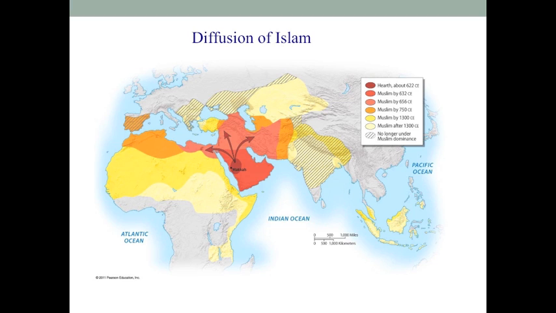And what we can see in this slide is that during the early phase of Islam, essentially from its founding in 622 through the peak of the Ottoman Empire, Islam moved throughout much of Africa, some of Europe, and certainly a large portion of South and Central Asia. This greatest expansion was under the Ottoman Empire by about 1450.